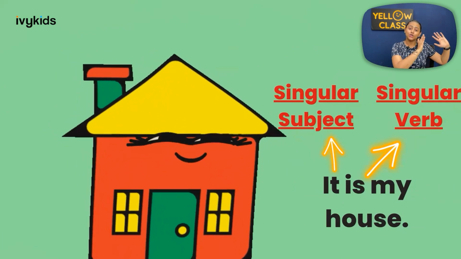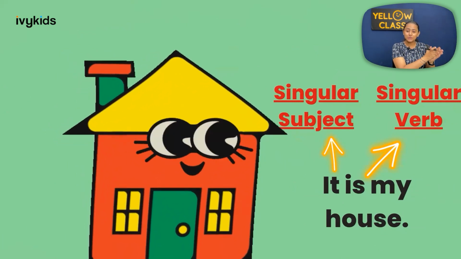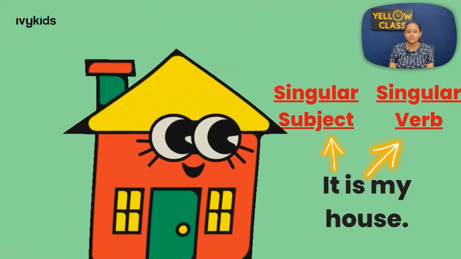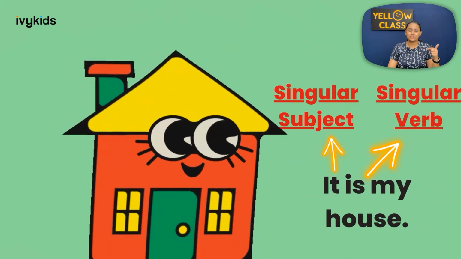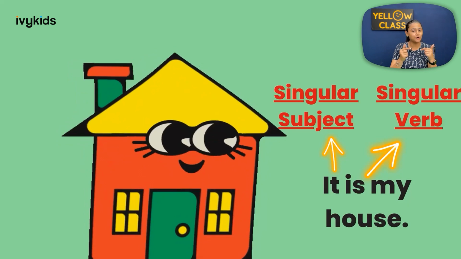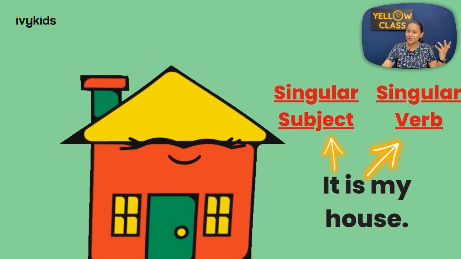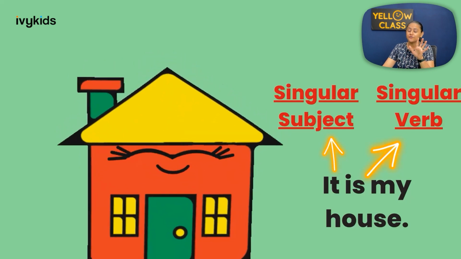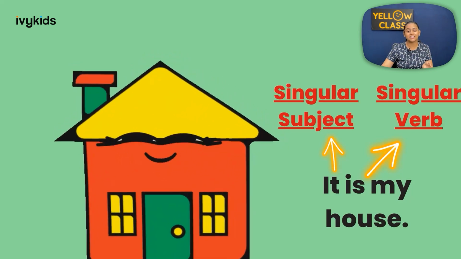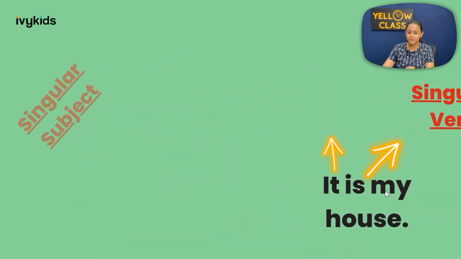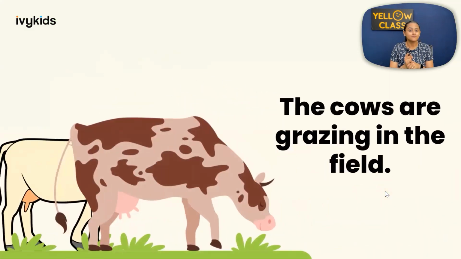So the rule which I shared with you in the beginning of the session was also saying the same, right? That a singular subject is followed with a singular verb. We are following that, right? We all are able to see various examples where a singular subject is followed with a singular verb. Now it's time to have a look at